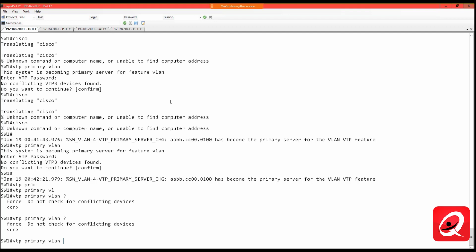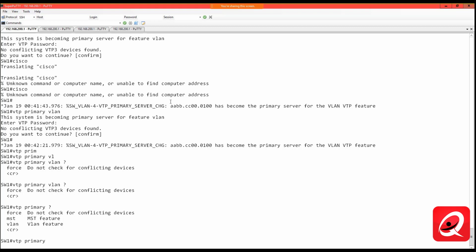Sometimes you'll have an option of feature, so you would see a feature here. That really depends on the specific operating system, but that would allow you to change the. Actually, you know what? It is here. I just thought of that, but we don't use the feature keyword. All right. You can see that we can force this server to be the primary for the MST feature or the VLAN feature. Some of the